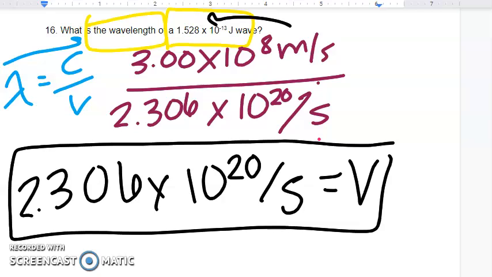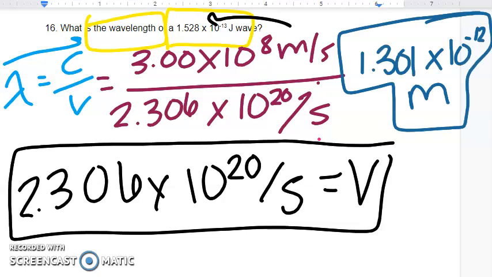Remember, we want to stay to those 4 sig figs. Now we are actually solving for our wavelength. So my calculated answer here for my wavelength is 1.301 times 10